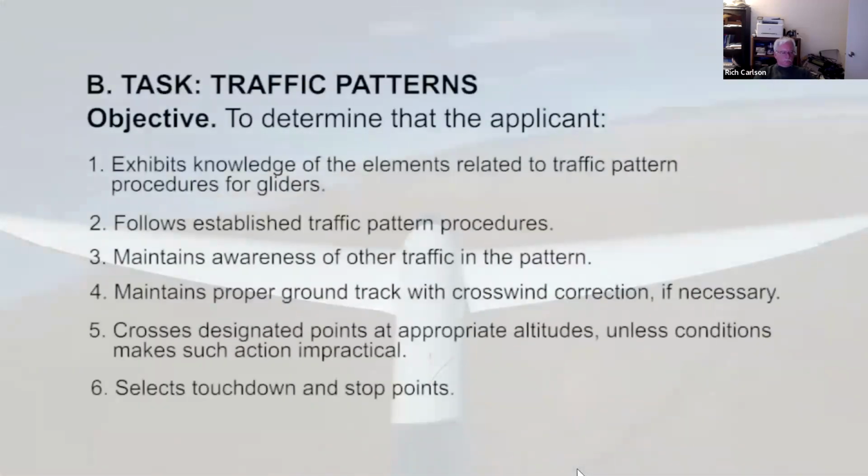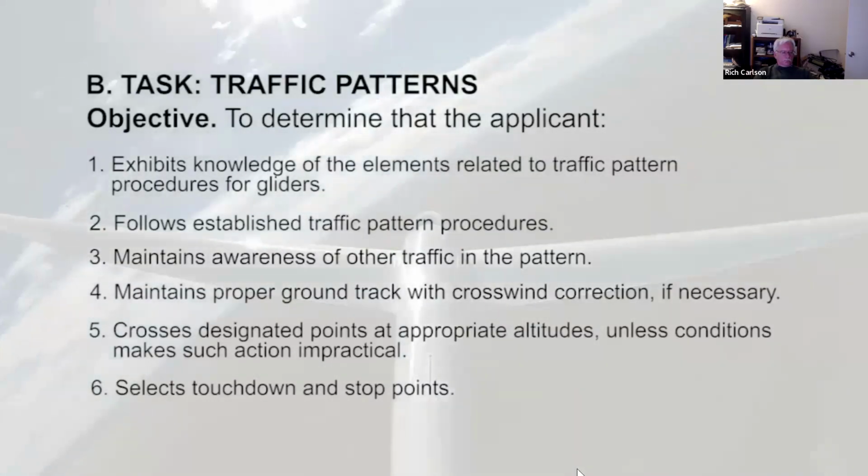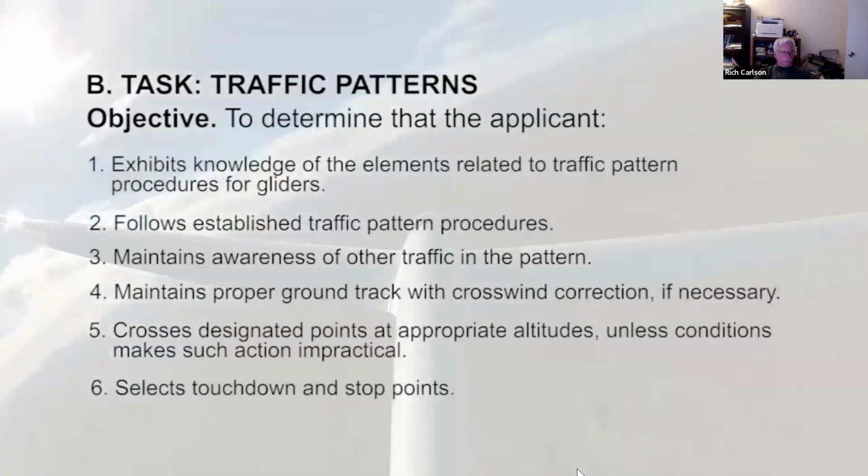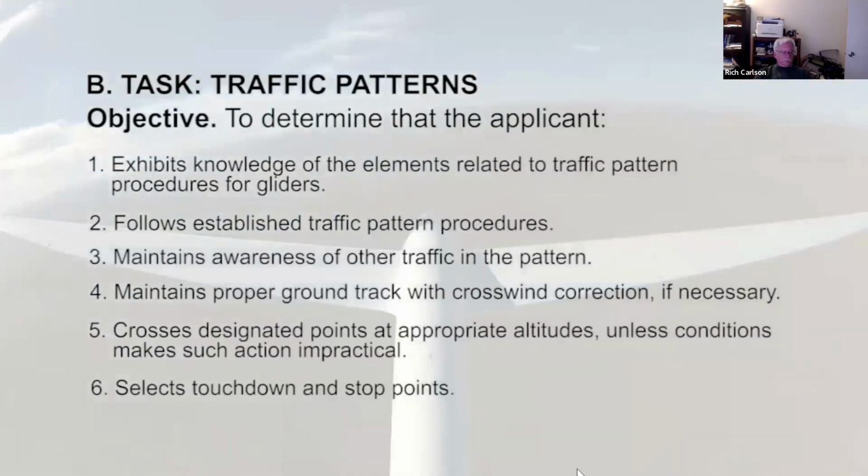For the task Traffic Patterns, the objective is to determine that the applicant exhibits knowledge of the elements related to traffic pattern procedures for gliders, follows established traffic pattern procedures, maintains awareness of other traffic in the pattern, maintains proper ground track with crosswind correction if necessary, crosses designated points at appropriate altitudes unless conditions make such action impractical, selects touchdown and stop points,